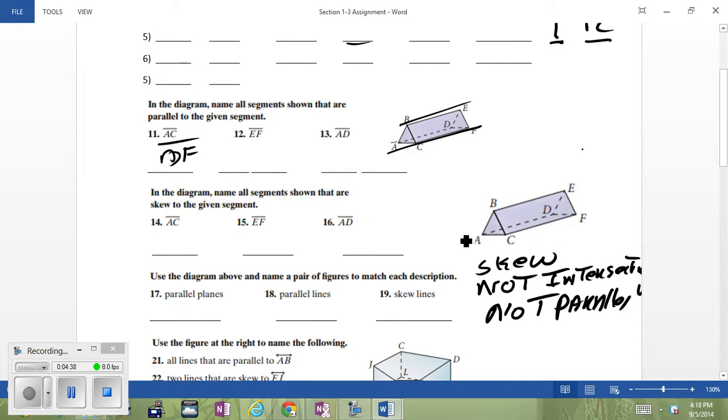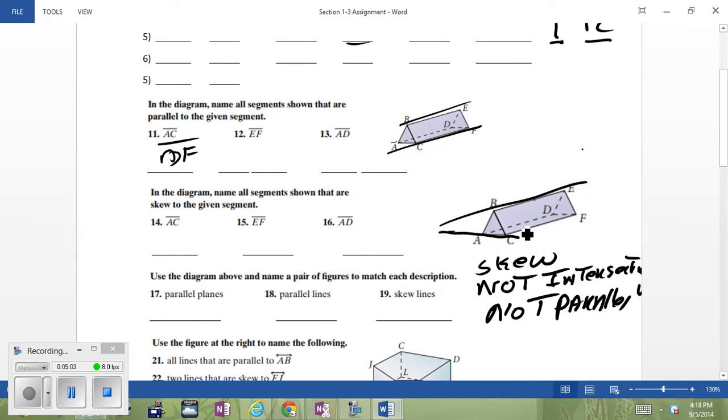Okay, so if I look at AC and DF, are they skew? No, they're parallel. Now look at AC and AD. Are they intersecting? Yes. So they're not skew. So what's skew with AC? Well, skew with AC could be BE,